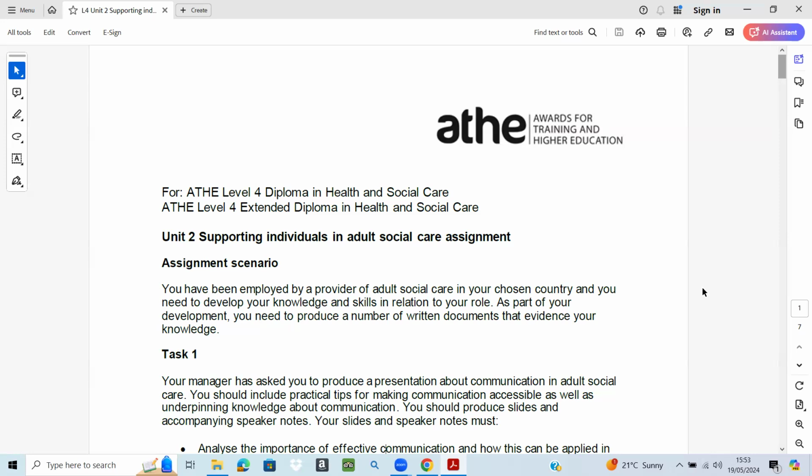We also discussed examples, for example if we talk about safeguarding and incident reporting. We can consider a scenario where a care worker notices bruises on a service user during a routine visit. This observation raises concern about potential abuse or harm. So in this case, the care worker must follow safeguarding procedures by promptly reporting the incident to the appropriate authorities